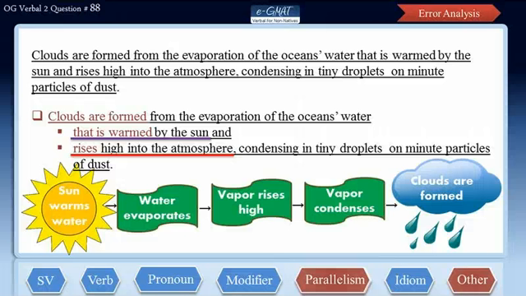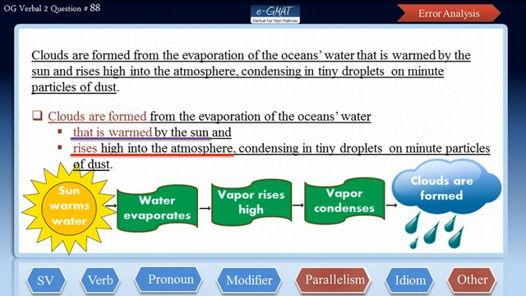Say for example, ocean's water that boils at 100 degrees centigrade, or water that becomes ice at 0 degrees centigrade. So here the way these two entities are written, they do not look like part of the process of cloud formation. This is not the intended meaning of the sentence, so we have a meaning issue again. Furthermore, it appears as though clouds are formed from evaporation of ocean water. This ocean water is warmed by the sun and rises high in the atmosphere. This is again not the intended logical sequence of events.